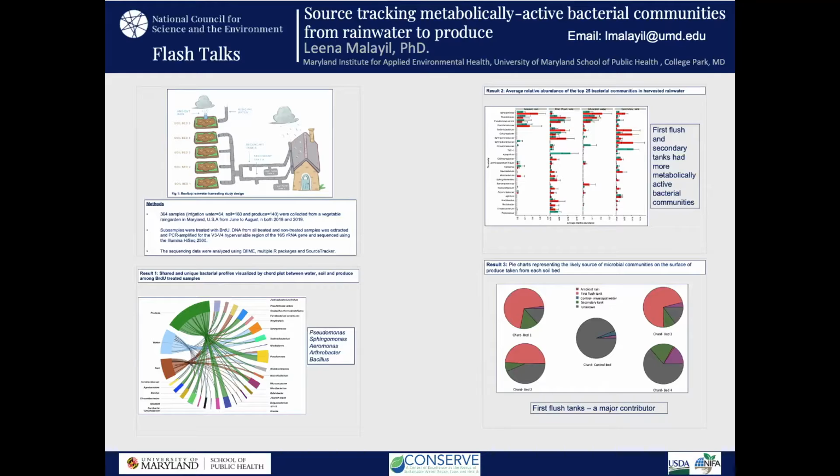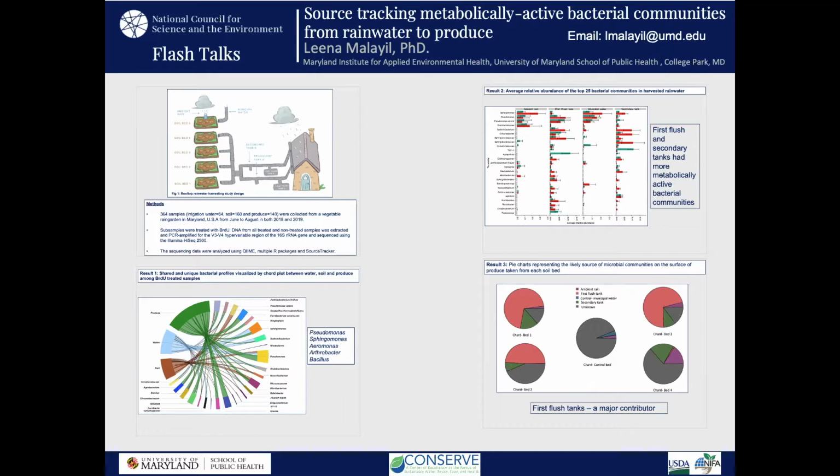I'm extremely delighted to present my talk titled Source Tracking Metabolically Active Bacterial Communities from Rainwater to Produce. Rooftop harvested rainwater is gaining increasing interest as a potential irrigation water source. Previous studies have indicated the presence of both biotic and abiotic factors affecting rooftop harvested rainwater quality. However, very few studies have investigated the potential transfer of microorganisms, particularly metabolically active bacteria, from rainwater to irrigated soil